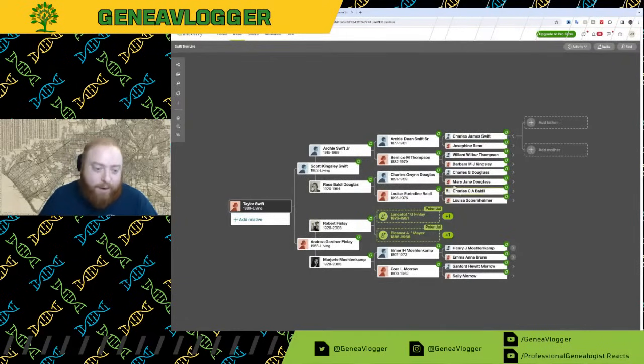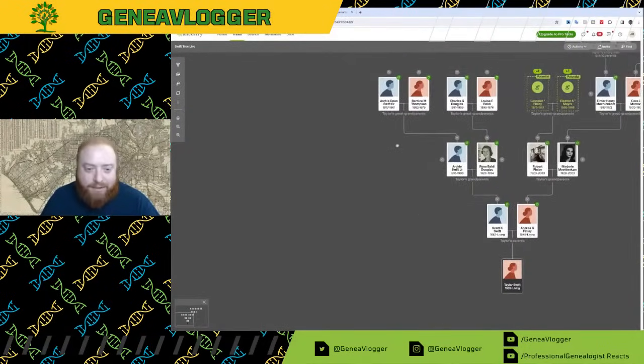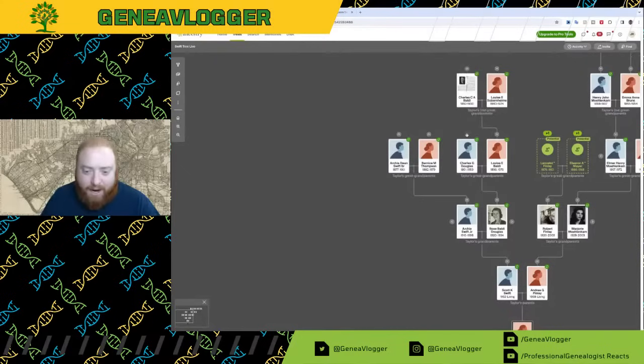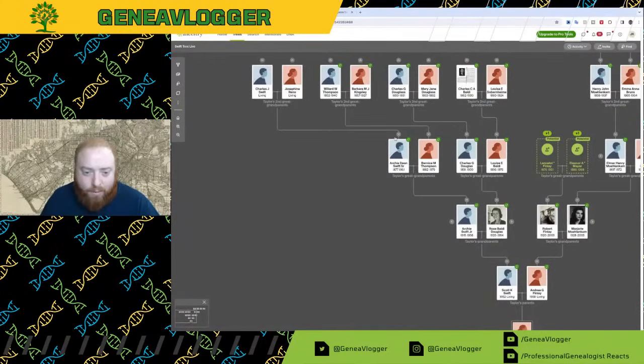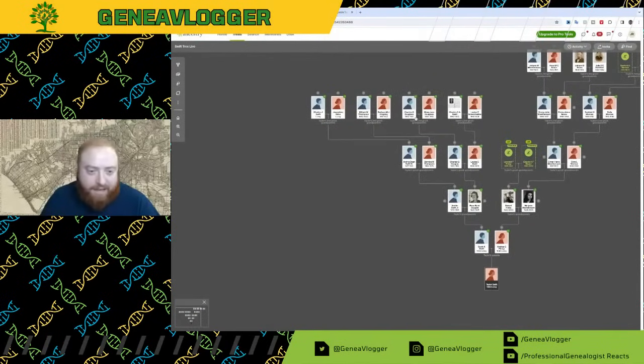So right now we have it built out to the second great grandparents. So presumably if third cousin was our closest, then now that we've built out to these, we want to build back down. Because if Taylor's our DNA match, then we need to figure out how she's related. And sometimes to do that, you need to build back down.